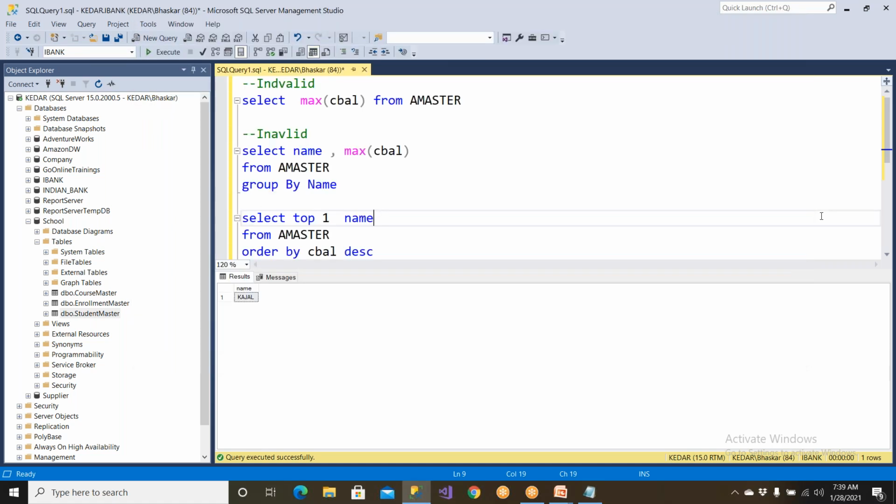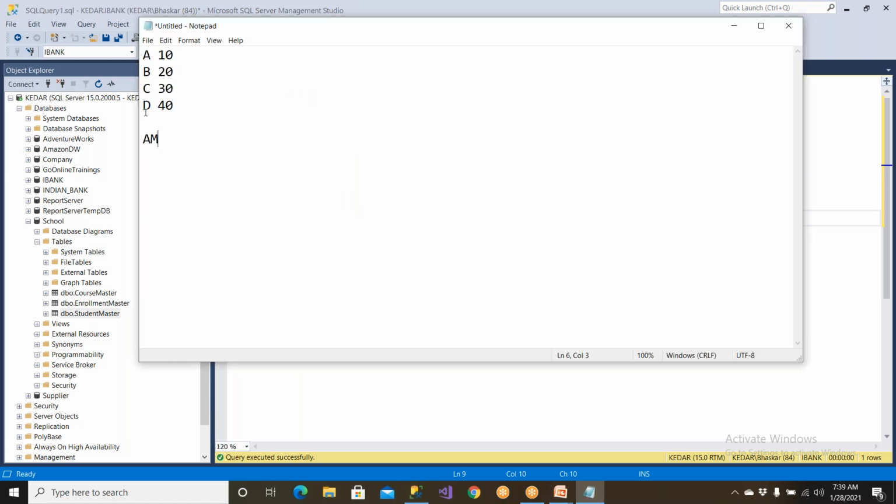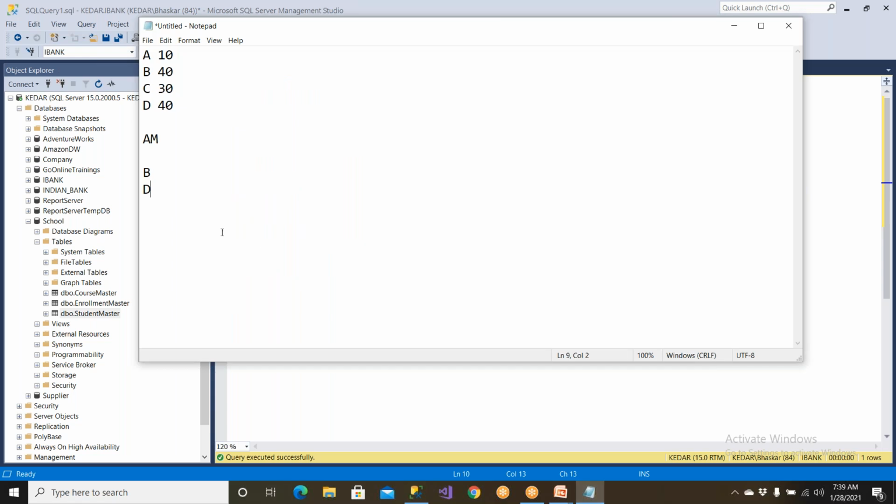But unfortunately, this is also invalid. Why is this invalid? If you have only one guy, you can get it, because tomorrow this guy is also having the same balance. Clear? What would be your answer? You're supposed to get a B and a D. But since you put one, you will be able to get only one guy, but you were supposed to get two